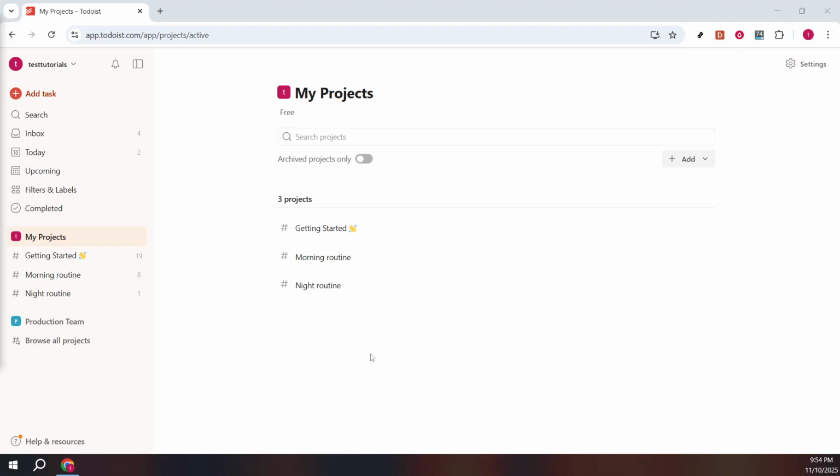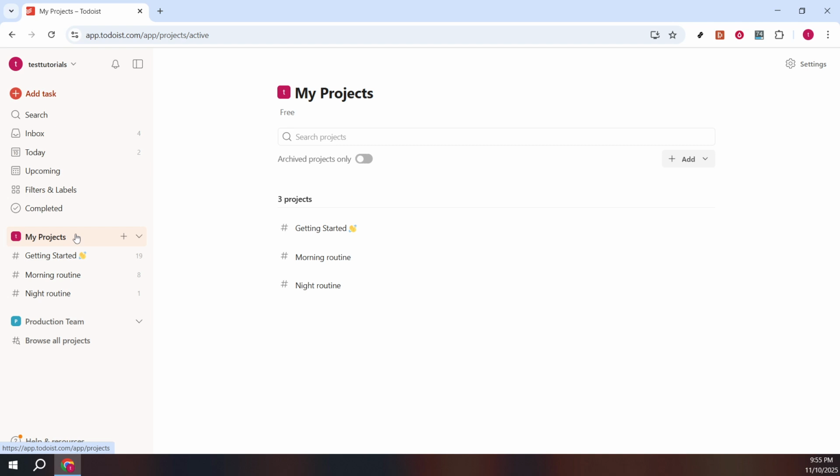After logging in, direct your attention to the left-hand panel where you'll find the My Projects section. Clicking on My Projects will showcase all the projects you've created, and this is where our journey to accessing the sub-projects begins. It's worth mentioning that keeping your projects labeled clearly will aid in swiftly locating the one you wish